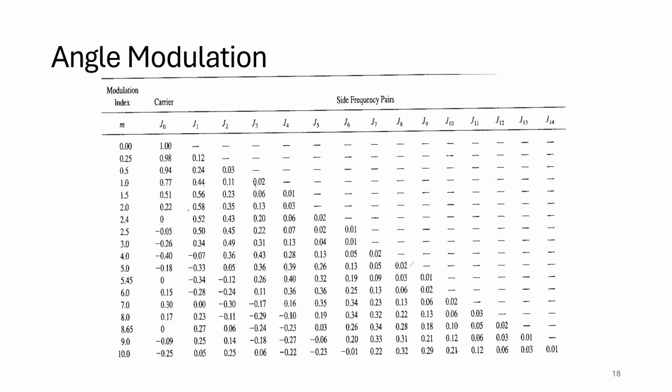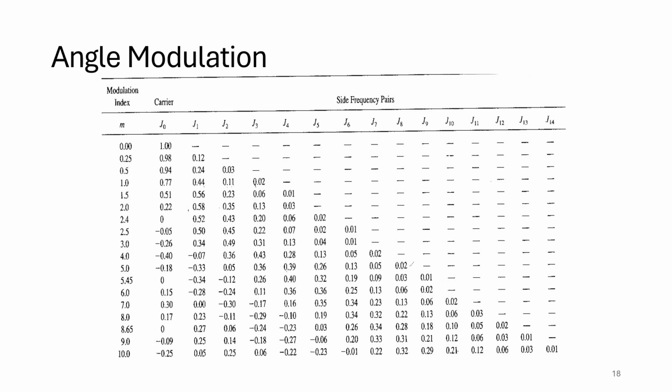So this will be the number of side frequency pairs. Actually, class, this is infinite. However, we stop at a certain value. Those values are said to be significant, while the other values are negligible and can therefore be neglected. We will be using this Bessel function table for our problem earlier.